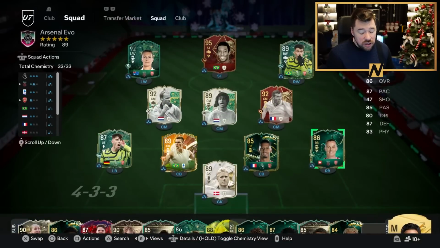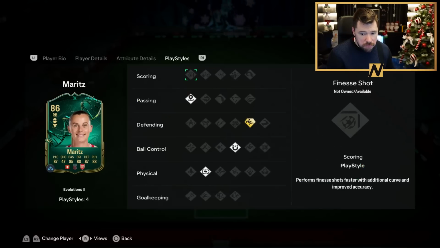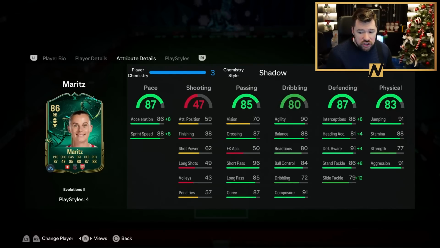Saliba and Maritz, in spite of how fun they look, they just don't cut it. Maritz, I don't know what it is with her. Maybe the vision. Maybe the lack of play styles. Maybe the lack of any 4-star skill moves. I don't know what it is with her, but she looks like she should be brilliant. Great agility and balance, good physicals, great aggression, great pace, great passing, outside of vision. And yet,